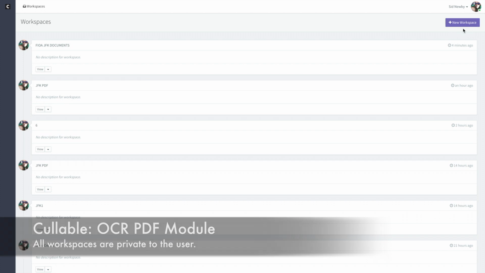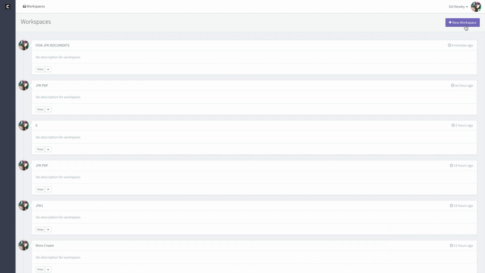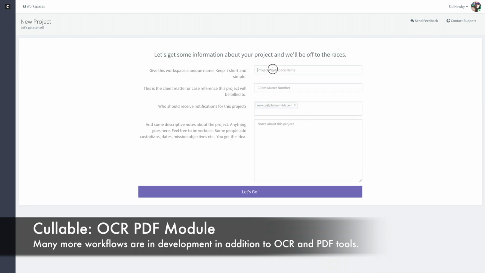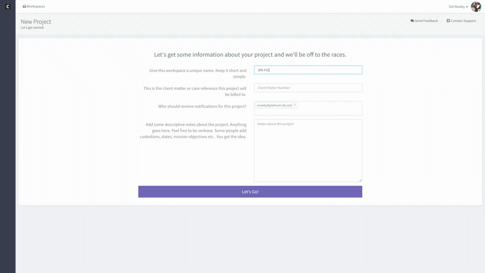To get started, I'm just going to click the New Workspace button here in the top right. And then I'm going to choose my workflow, and in this case I'm going to OCR images. I'm going to give this project a project name. I'm going to say JFK, Freedom of Information Act, PDF files, and that's what we're going to be working with